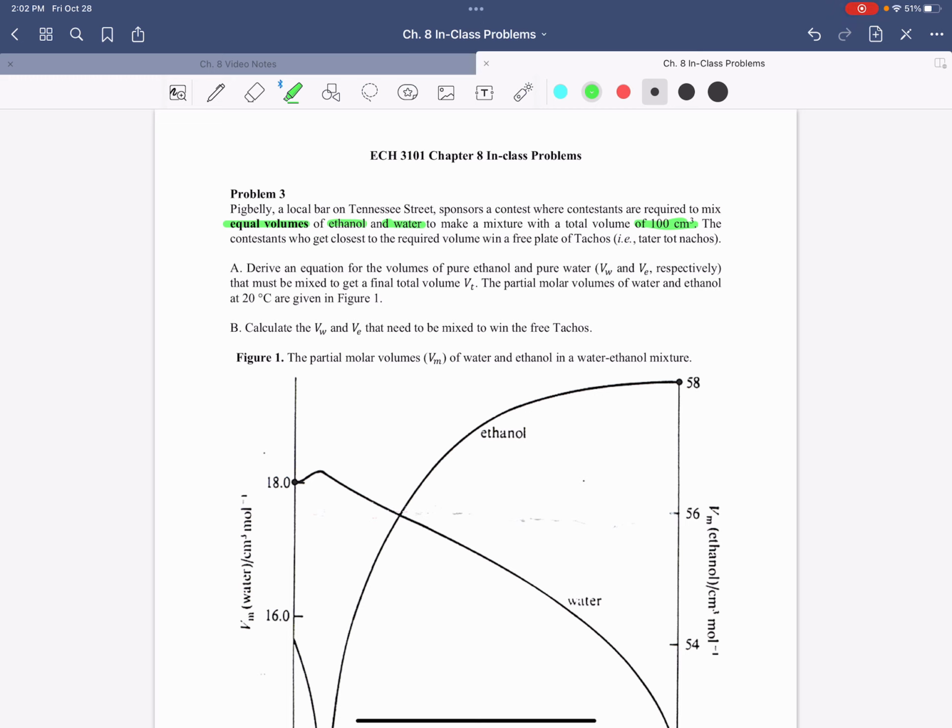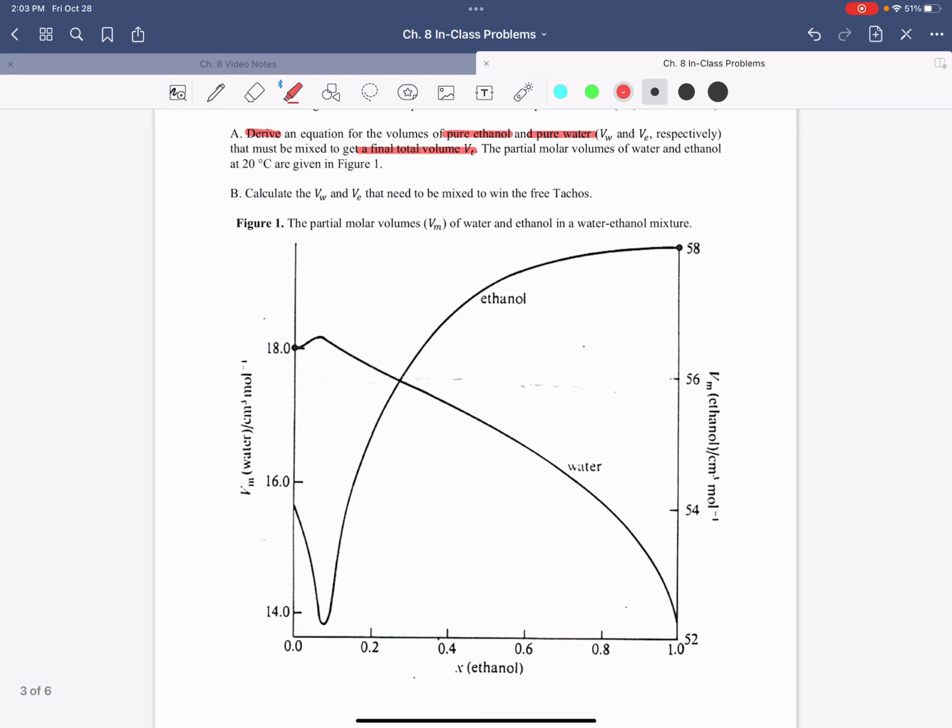All right, and so the idea is that you have equal volumes of ethanol and water, when added together, give you a final volume of 100 centimeters cubed. The contestants who are able to get closest to this win a plate of free food. And so in part A of the problem, what it asks us to do is derive an equation that describes the volumes of pure ethanol and pure water, and when added together would give you some final volume V sub T. Okay? And the problem statement also tells us that the partial molar volumes